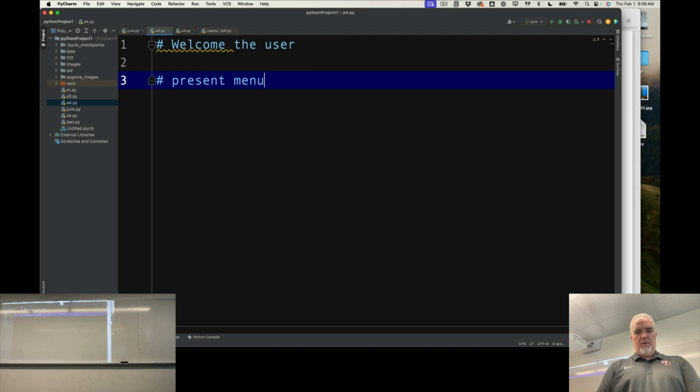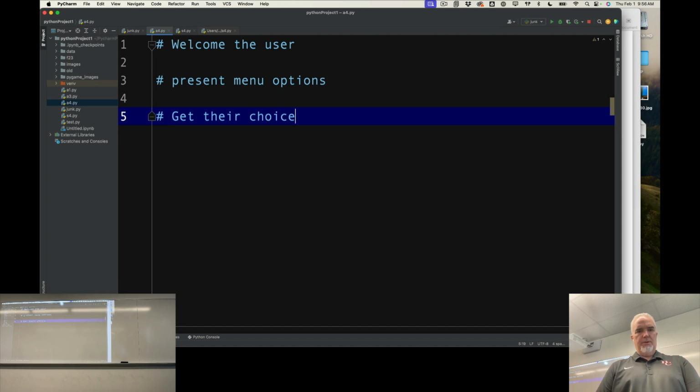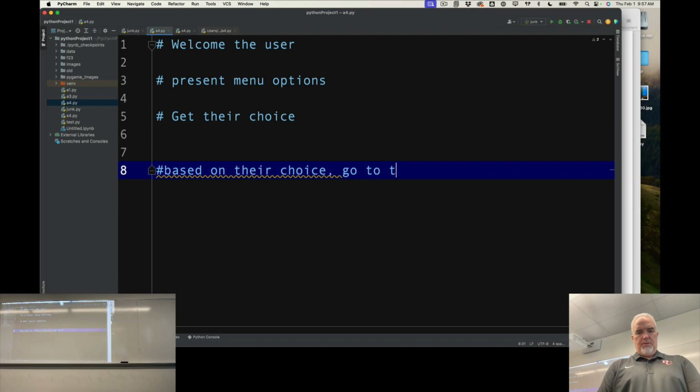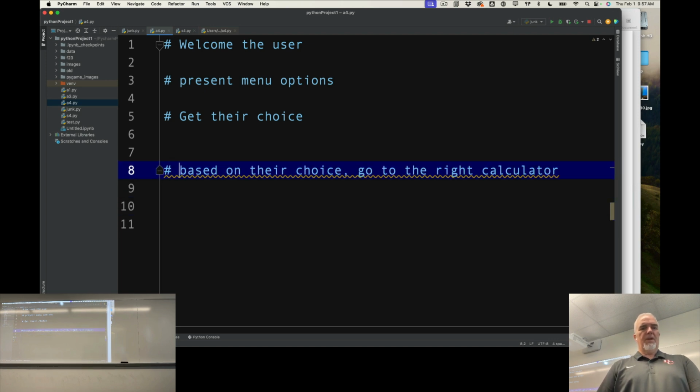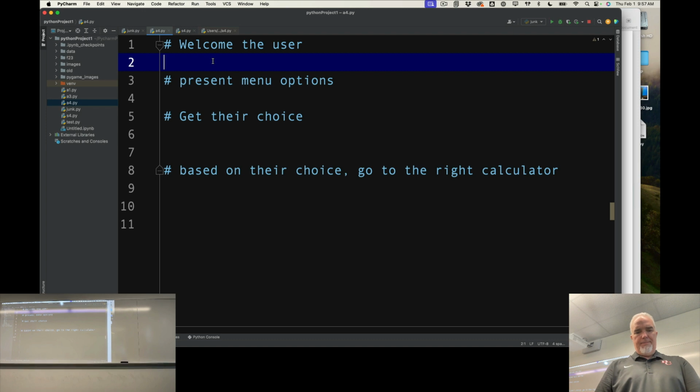present menu options, get their choice, based on their choice, go to the right calculator. Okay, so I am going to go back up here and say